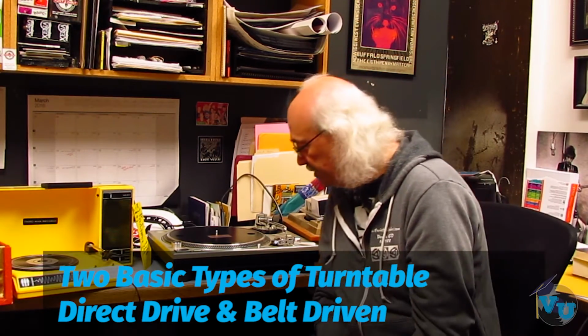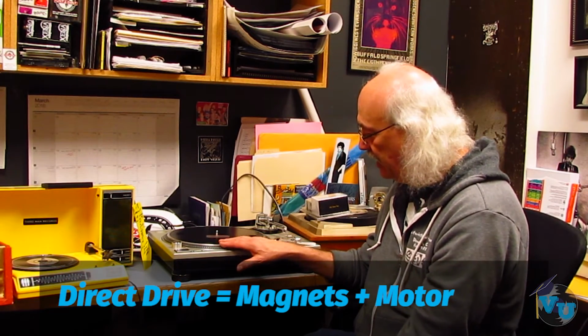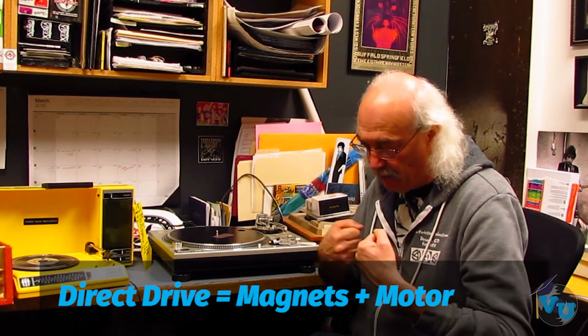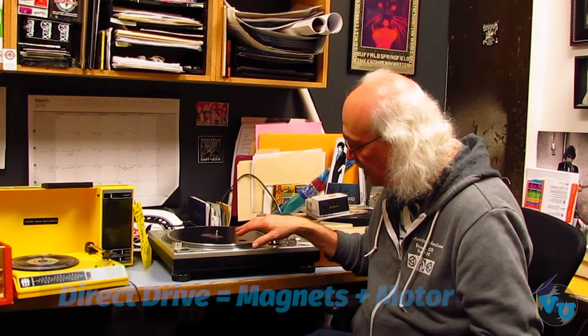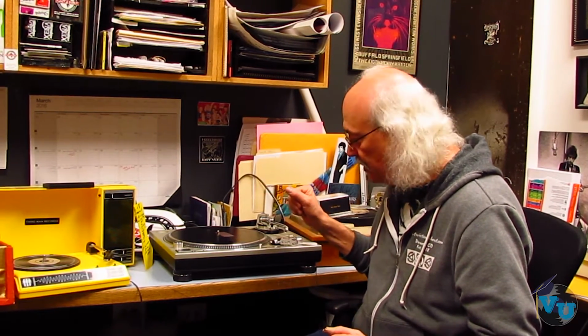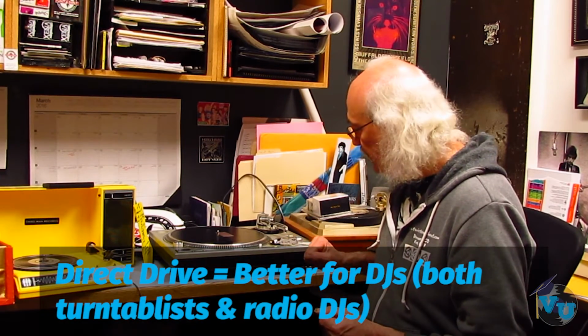The difference is, direct drive turntables are driven by two magnets that, when they are engaged, stop it, and when they come apart, a motor turns the turntable. The reason this is good for certain users is if you are a DJ, if you are somebody who